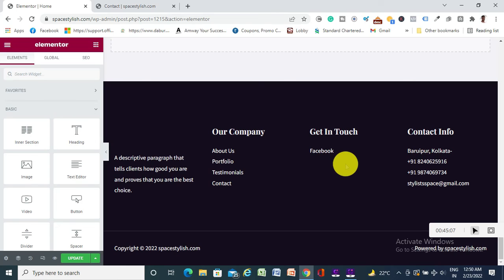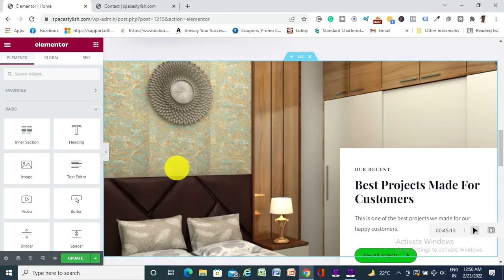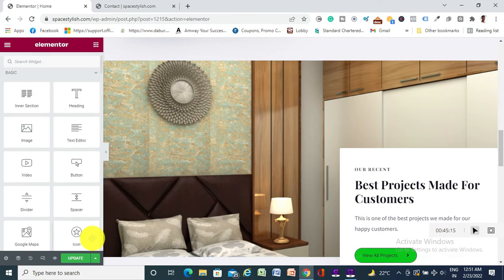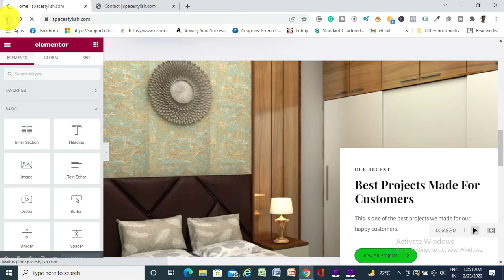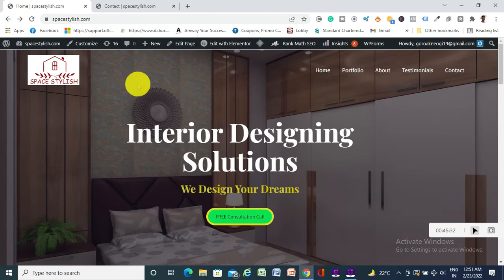And on the footer section, if you want to add the icon, so you have to go to the customize, and then you have to edit it. And otherwise you can do another thing, you can change the entire footer section. Oh, so right now I don't remember which footer section I used, but let's try to